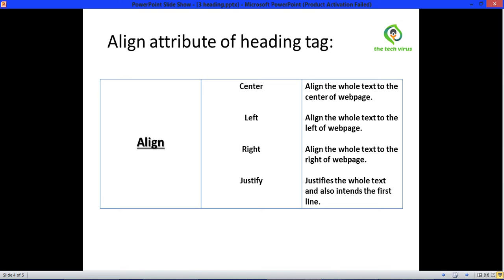The values of the align attribute are center, left, right, justify. Center aligns the whole text to the center of the web page. Left aligns the whole text to the left of the web page. Right aligns the whole text to the right of the web page. And justify justifies the whole text and also indents the first line.